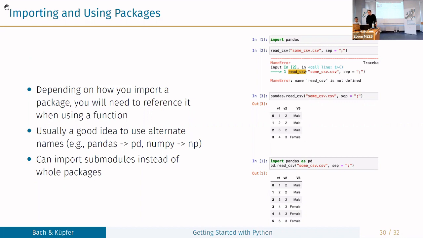So the standard way would be just say import and then the name of the package, like library in R, the name of a package. If I try to call this function read_csv, which comes from the pandas library, it will give me an error because it says, well, read_csv is not defined, so it doesn't know this function. So what I need to do is say pandas.read_csv. Like in R, you can say you have your package like tidyverse, colon, and then a function. And here, if you just say import this, you will have to use it actually this way.